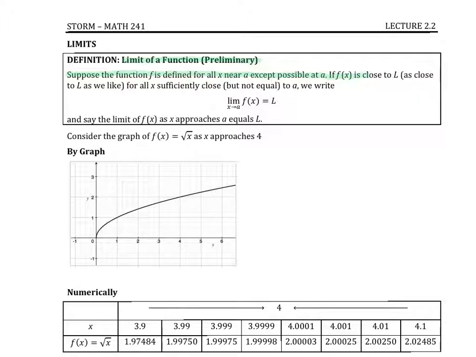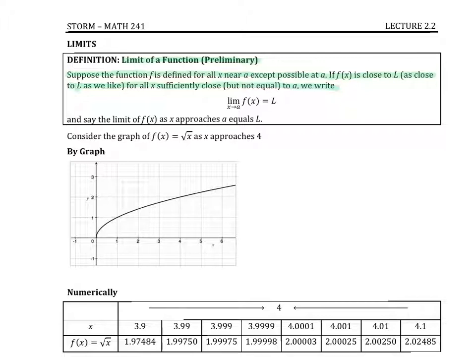If f of x is close to L, as close to L as we like, for all x sufficiently close but not equal to a, we write. And that's where I'm going to stop, because that's just a bunch of blah, blah, blah. So what all that means, and then we'll finish this in just a second, is easier to understand if you